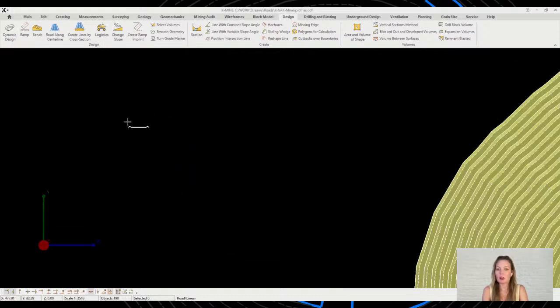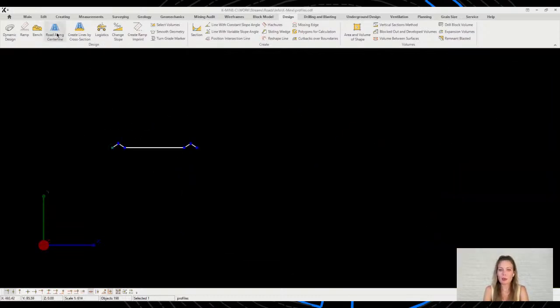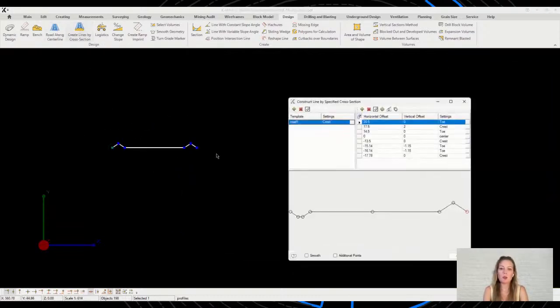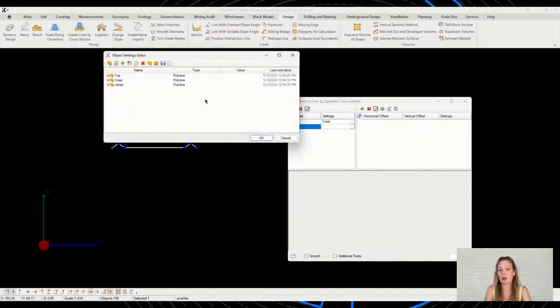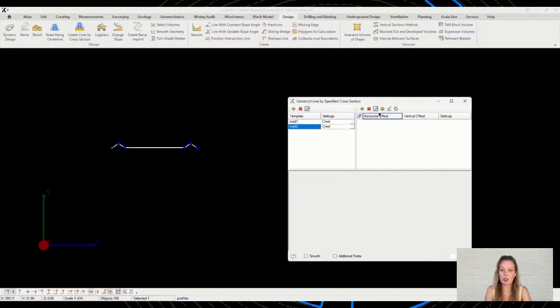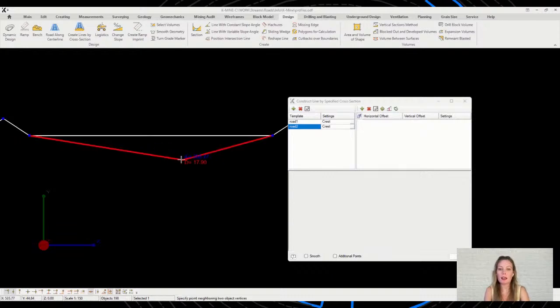Next, we need a road profile. Using snapping in the K-mine environment, we can create it quickly and efficiently. In this case, the functionality of K-mine is not inferior to any CAD programs. And then we'll use the create line by cross-section command, where we indicate the line type belonging to each profile point.